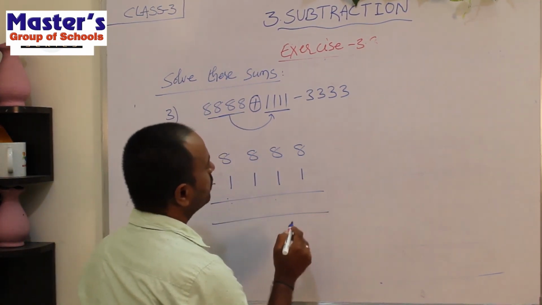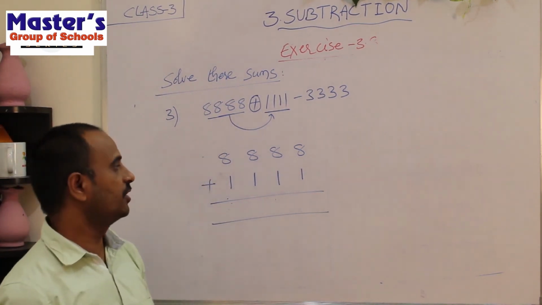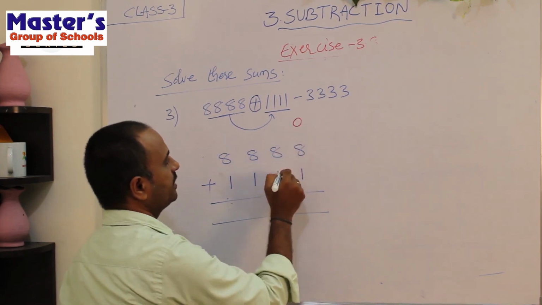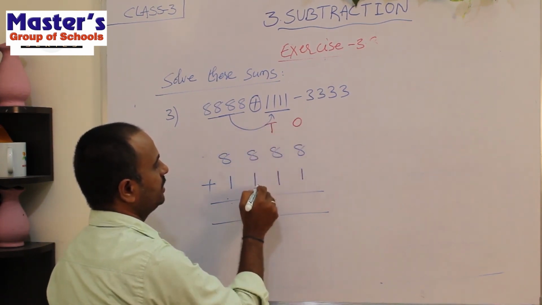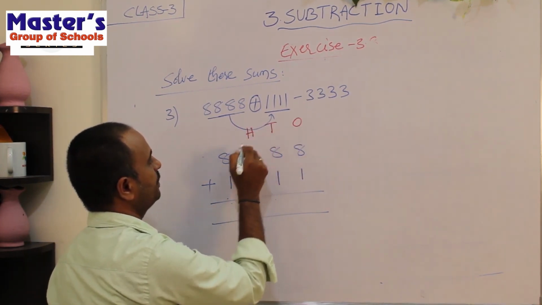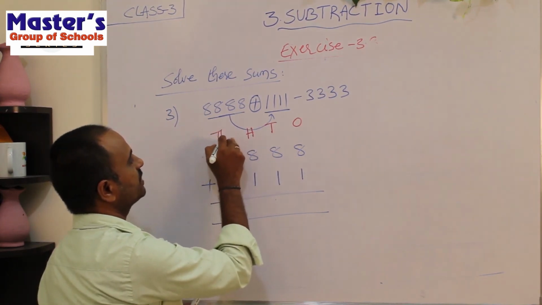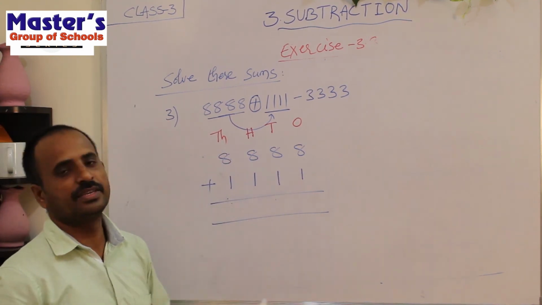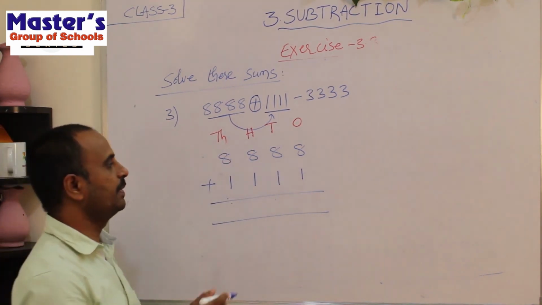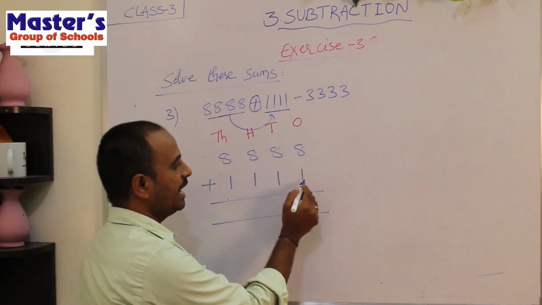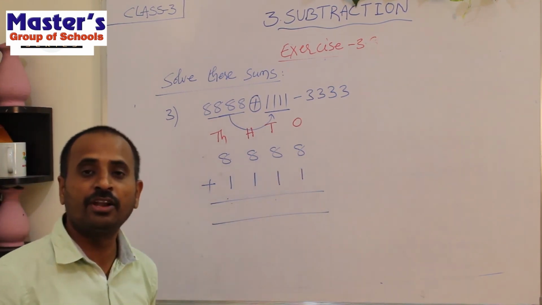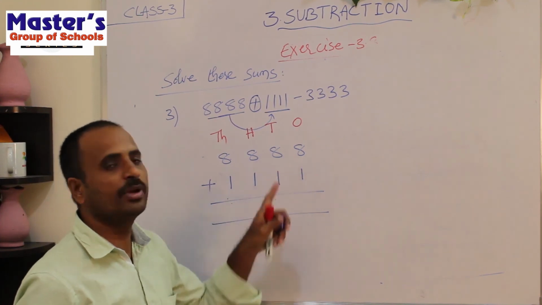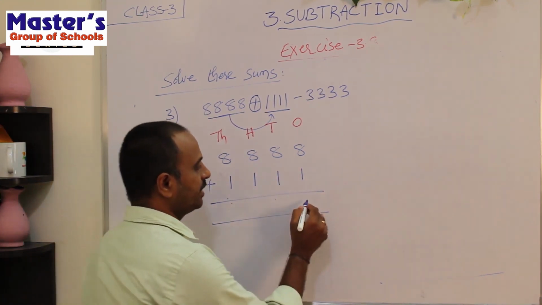So what will we get? First start addition from the ones place. So this is the ones place, and these are present in tens. These are present in the hundreds place, and these digits are present in the thousands place. Now start addition from the ones place. What are the digits present in the ones place? 8 and 1. So add 1 to 8. If you add 1 to any number, we will get its next number. What is the next number to 8? 9. So write 9 here.